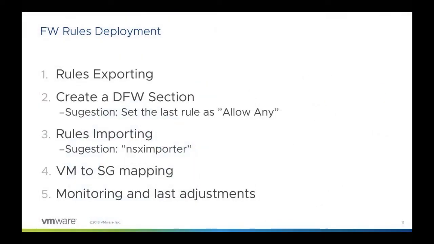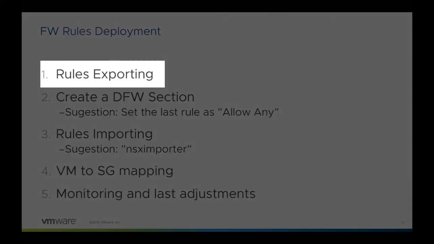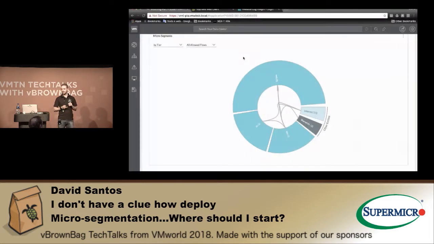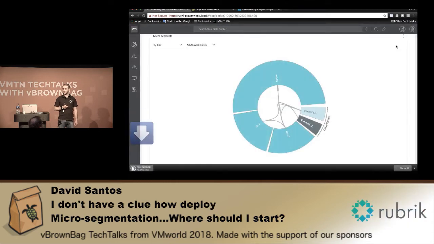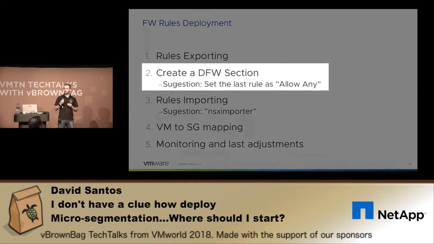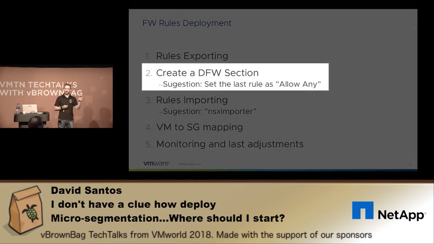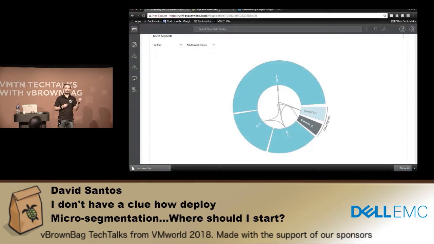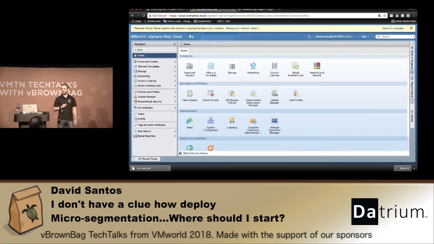After creating that application, we will now begin to deploy the firewall rules. So the first thing that we will do now is the rules exporting. So going back to this screen, we're going to click here in this menu and export rules. We are going to export all the rules that you just saw for that application. We are going to create a DFW section in NSX for that application and set the last rule as allow any and log. Here in NSX,